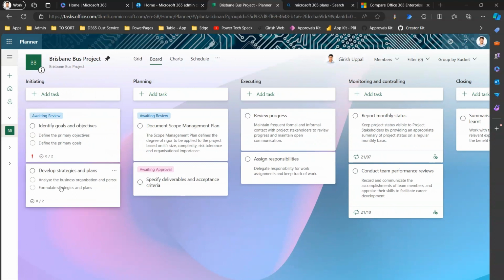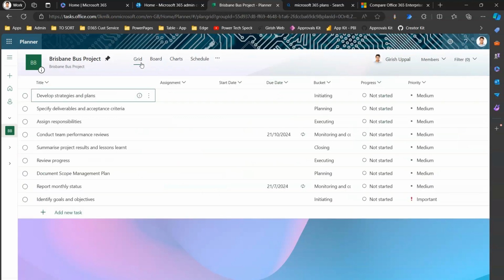Now, just to explain it to you, what does this indicate? Now, let's go into a good view. This is a board view, which is kind of a Kanban board. But if you want to have a tabular kind of a structure, there is an option over here which is grid. This is a new functionality being added in the planner application. So if I click on grid, then you will see a tabular kind of a view for all the tasks